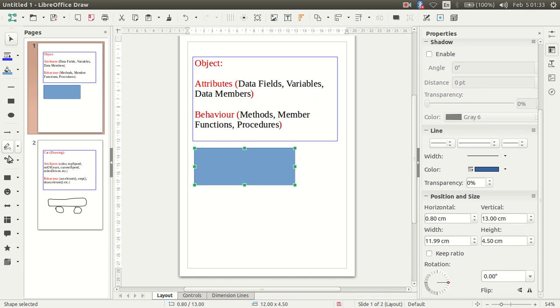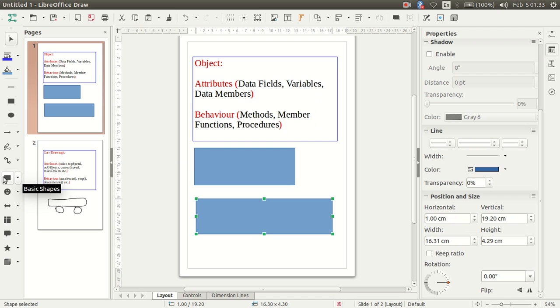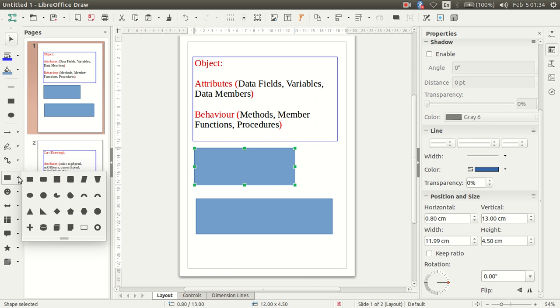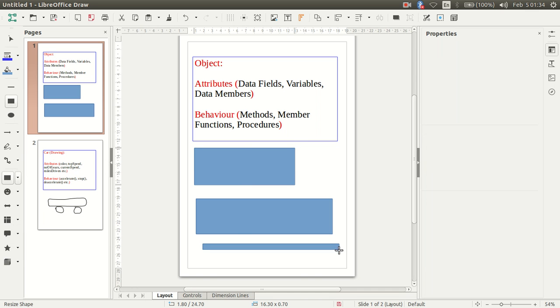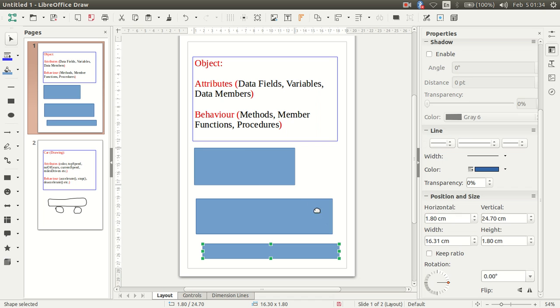This is one object. I will try to get another object. You can also see here, I am clicking on the same thing and I am generating two different things. So here, this thing, basic shapes, this rectangle is a class, and I'm clicking this thing to generate different objects of different shape and size.